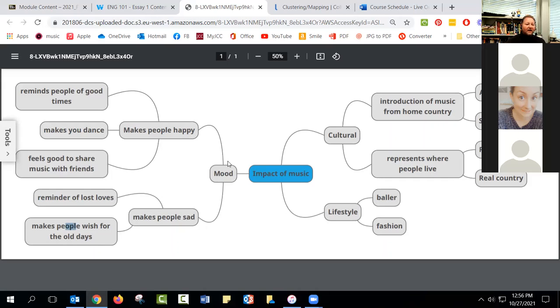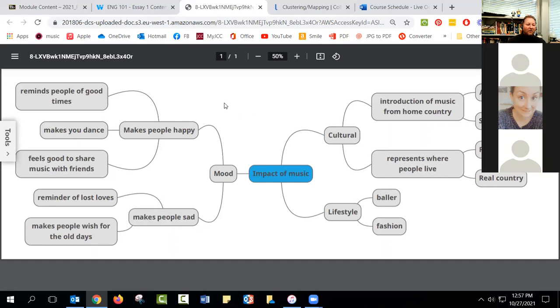Again, if you're just a pen and paper kind of person, you could easily just write this out on a sheet of paper. And then when you want to upload it, just take a picture of it and upload the image. For the image, it doesn't matter what kind of image it is. It's pretty easy to take a picture with your smartphone and then just email the picture to yourself, right? And then you can download it to your computer and upload it. I haven't tried to upload a picture using the Blackboard app, but you could try that, see if it works,